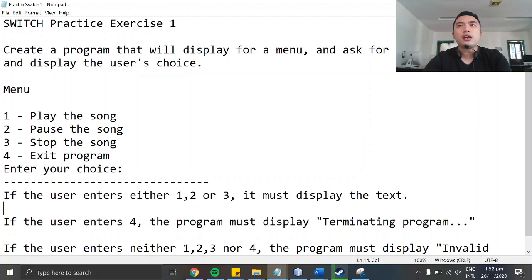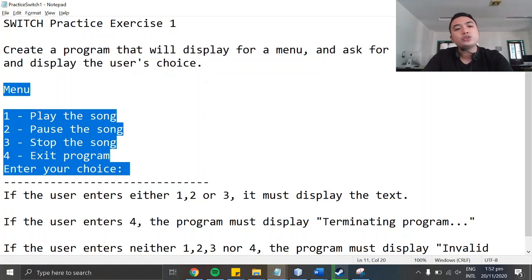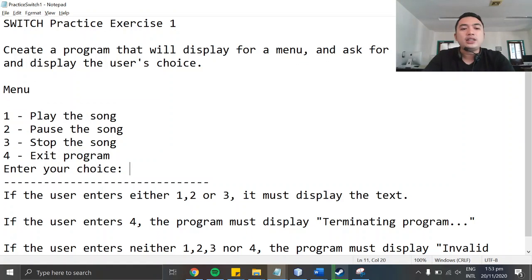So this will be our exercise. Create a program that will display a menu and ask for the user's choice and displays the user's choice. So this will be the menu: 1 for play the song, 2 pause the song, 3 stop the song, and 4 exit program. And then you need to enter your choice, of course.